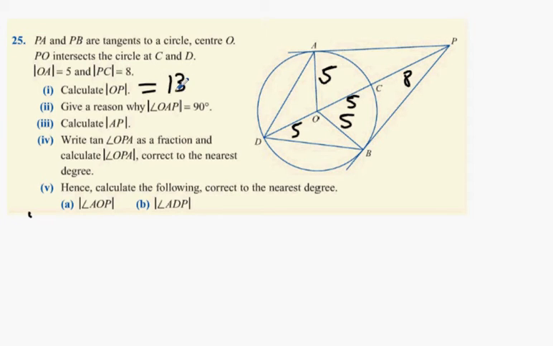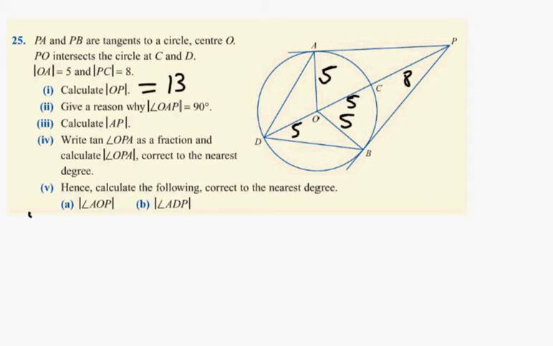Okay? Give a reason why OAP is 90 degrees. O to A to P. Does it say it's a tangent? PA is a tangent and OA is a radius. Tangent is always perpendicular to the radius. Everybody got that? Radius, tangent. Makes a T. See that T? It's like a T. That's what it's called, tangent. Okay. Now,